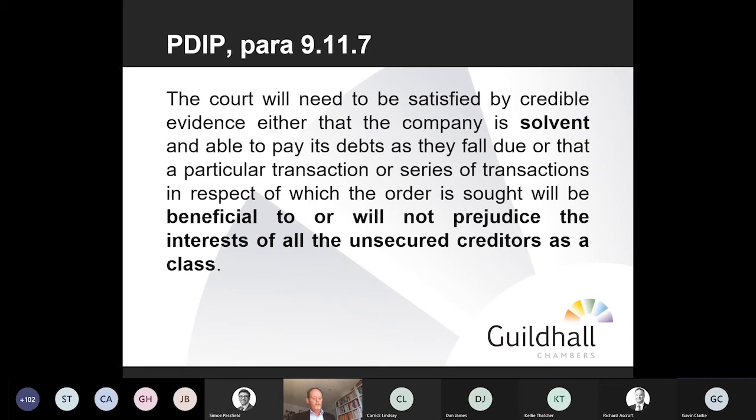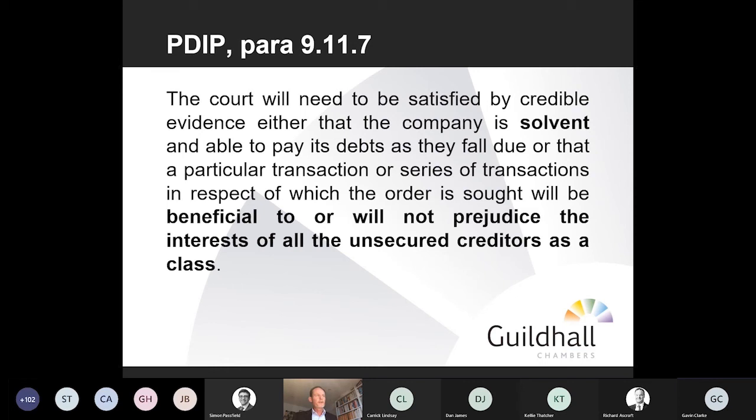So, subparagraph 9.11.4 also sets out what should be included as a minimum in any witness evidence, and that would include the circumstances leading to the presentation of the petition, how the company became aware of it, whether the petition debt is admitted or disputed. Critically, full details of the company's financial position, including details of its assets and liabilities, a detailed cash flow forecast, a profit and loss projection, and the reasons relied on in support of the need for the dispositions and why they need to be validated.